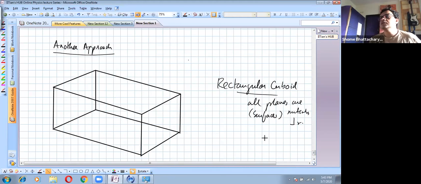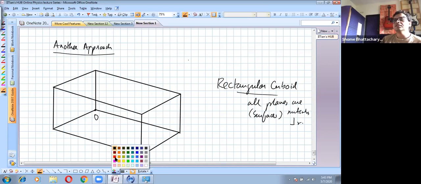I have a rectangular cuboid such that all the planes are mutually perpendicular. Now what I do next is I take any one of the corners as my origin. By default I've taken this one. Again, visualize this as the skeleton of the room in which you are sitting. This is the structure of the room in which you are sitting. So if you take this axis now as your x-axis,